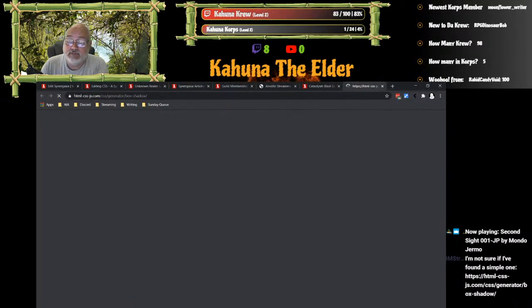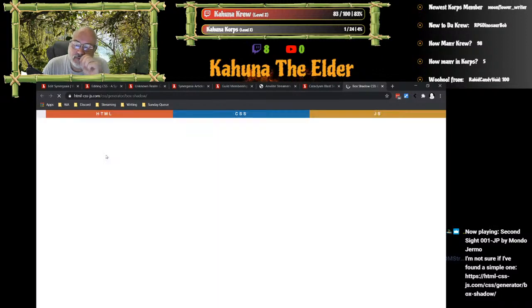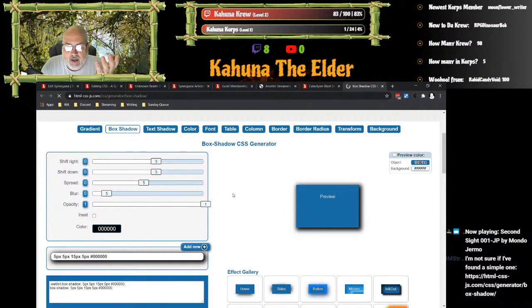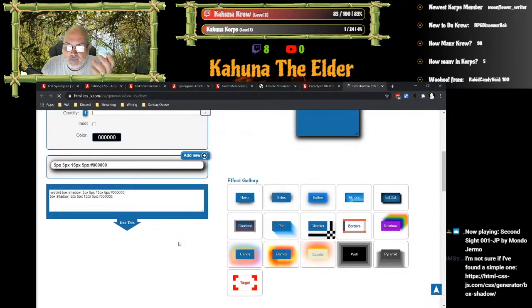Let's take a look at it. Okay, so this one will help you generate a box shadow, and it gives you the code for it right below. So yeah, you can generate pieces, but not one that you kind of draw into and then bang gives you what you're looking for. But you can use these pieces.